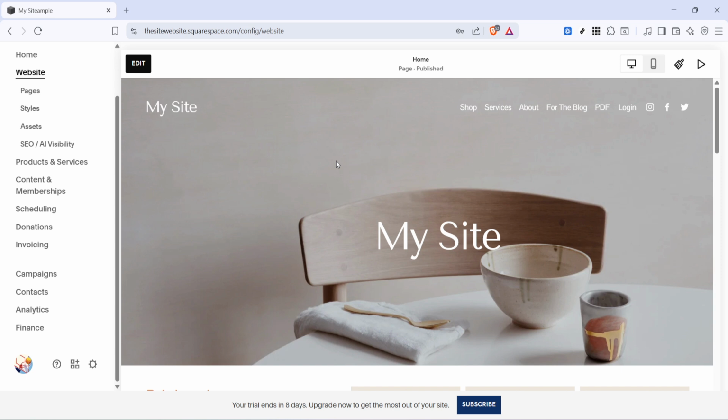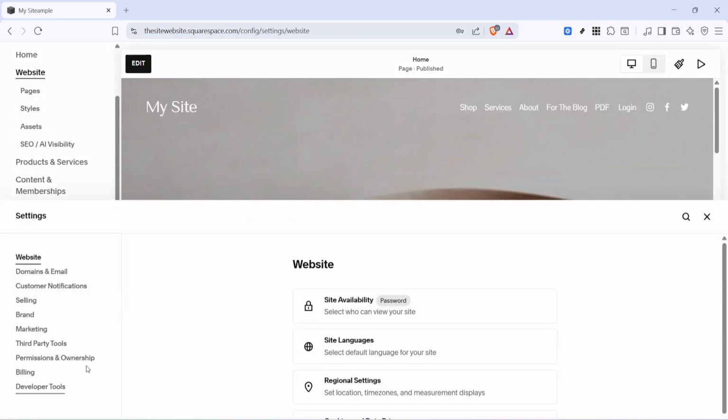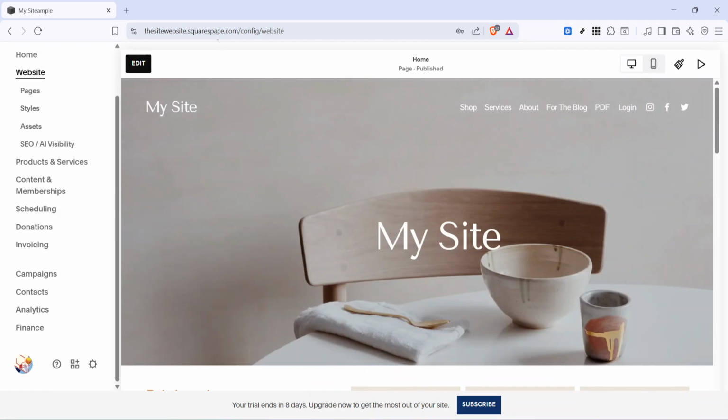If your site isn't live yet and you want to preview it as if it were, use the trial site preview. Look at the built-in domain in the URL at the top of your browser, the part that ends in .squarespace.com. Copy that and paste it into a new tab or browser window. Add "noredirect" to the end of it and navigate to the URL. You'll be able to view your website as if it were live, without any of the Squarespace dashboard or editing